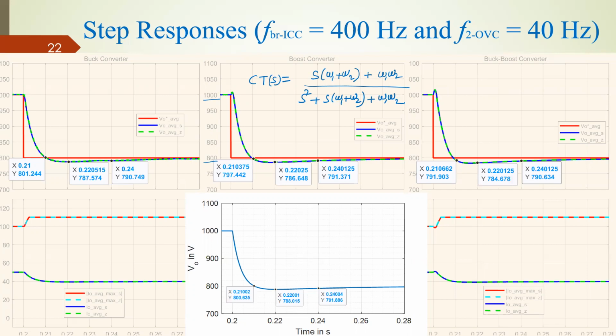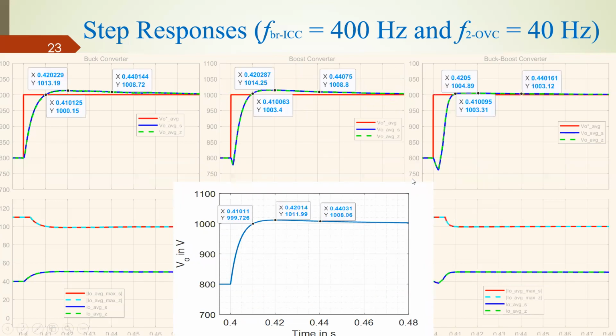You can substitute the values of Kp and Ki in the command tracking expression, and then you get something like this. I tried to get the step response from the Matlab script. There is a Matlab script I gave you for the analytical expressions, and I got a result like this. You can see at different instances your values are matching very closely. They match nicely with the results, and so it also suggests that our tuning is accurate. But for the buck boost converter, we see a little more variation, which is not very apparent here,